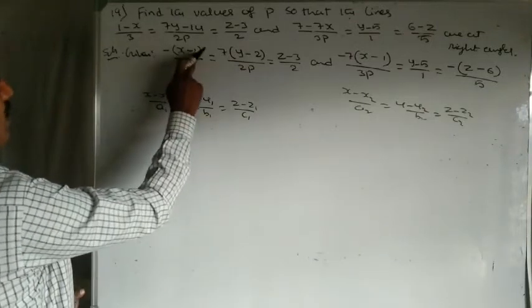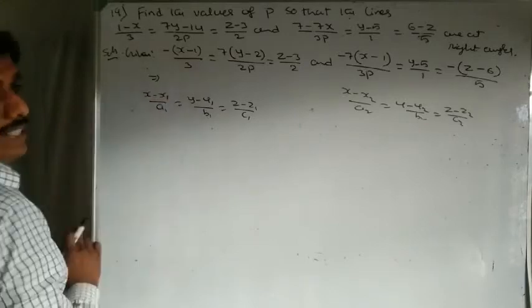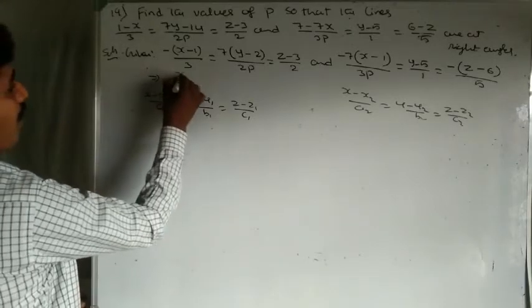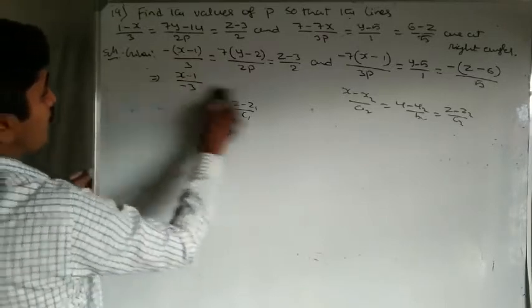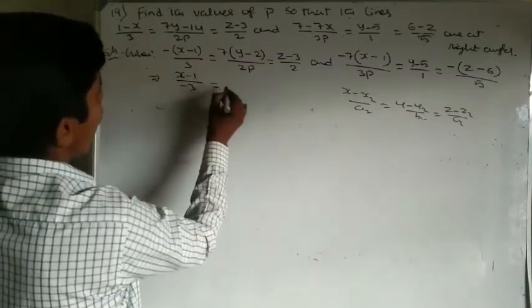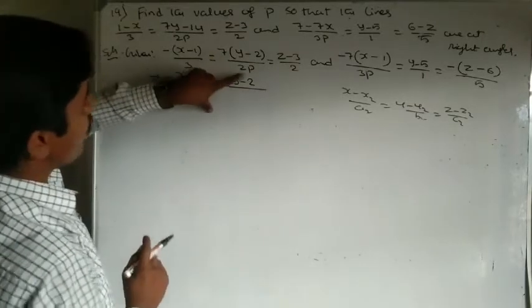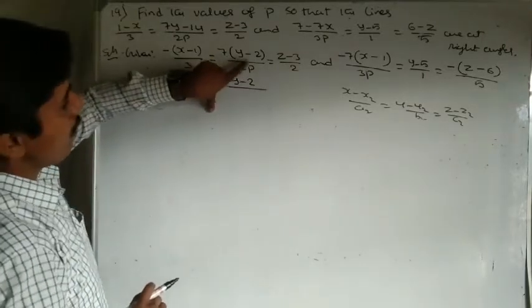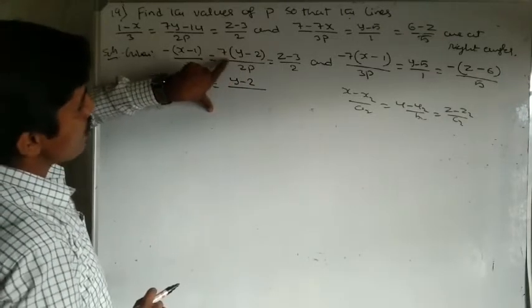Therefore here, x minus x1 by a1, the x coefficient is negative, therefore I am taking the negative to the denominator. x minus 1 by, here minus to the numerator, minus 3. Standard form, here y minus 2 divided by, I am taking 7 to the denominator here, because y minus y1 by b1, 7 to the denominator means it goes to the denominator.